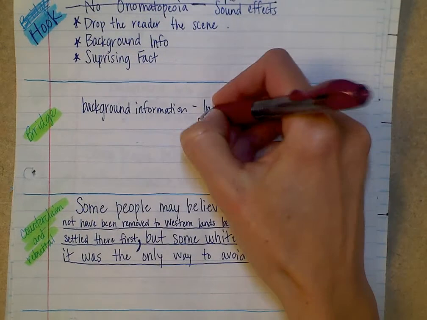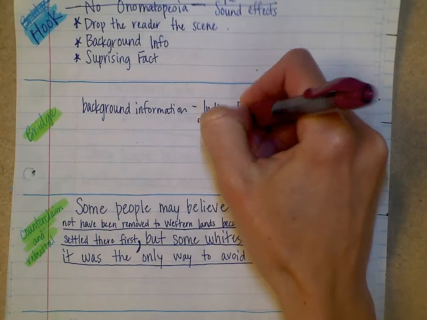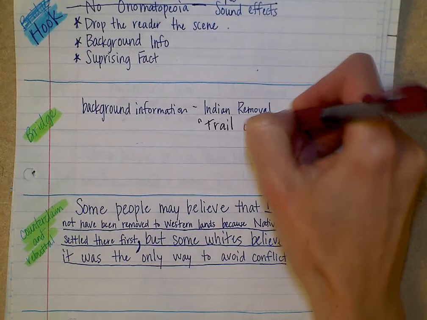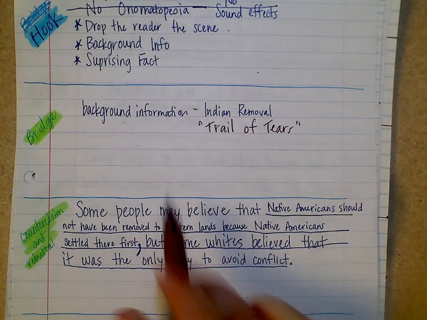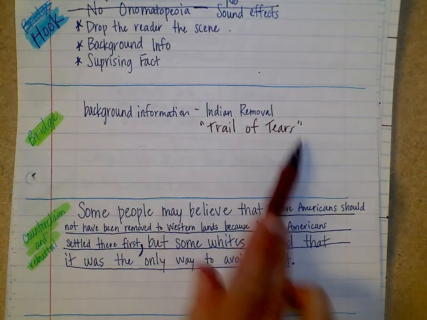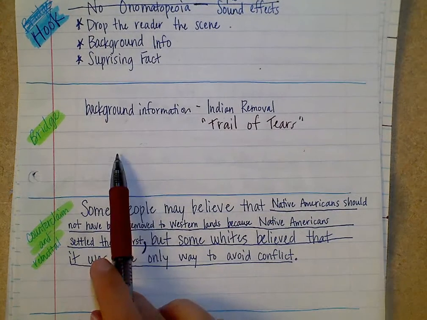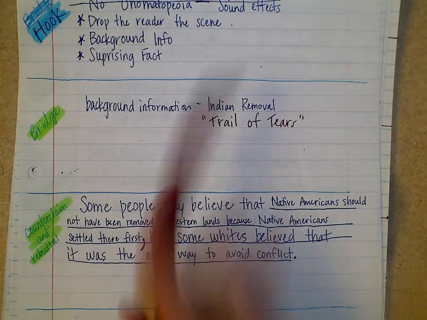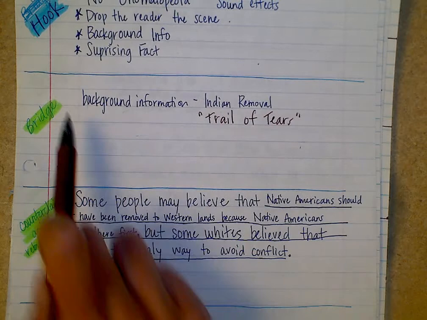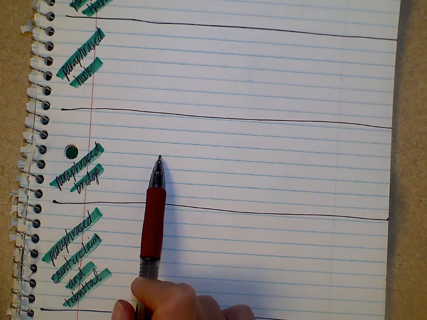And then the last of the paraphrasing is the counterclaim and rebuttal. Once again, we are going to go back to our counterclaim and rebuttal in our introduction. Go back to your introduction and look at what you wrote for your counterclaim and rebuttal. You are going to paraphrase it, use the same ideas, but reword it right here.